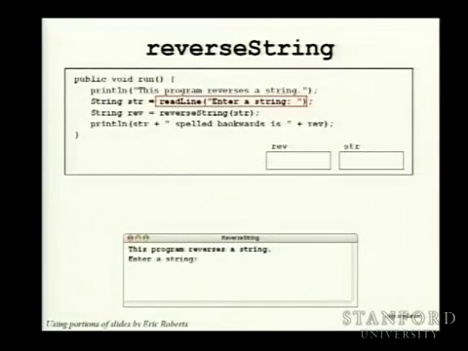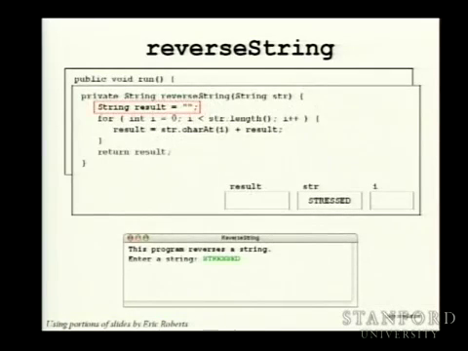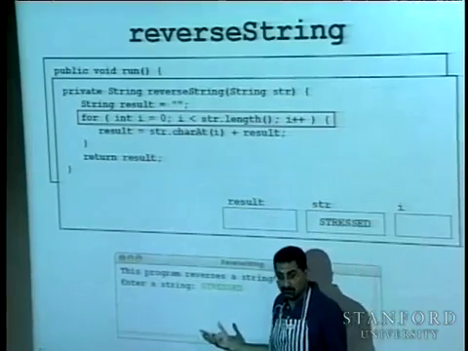So we ask to enter a string. We're going to enter "stressed," because I think at week 4 of the quarter, by the end of it, most people are feeling a little stressed. And so we're going to call reverseString, and reverseString comes over here doing this funkiness that we just talked about, right? It starts off with some result, which is the empty string, and it's going to count through every character in our original string, but it's going to do it in a way so that by adding the characters one by one from the beginning, it's going to actually append to the front instead of the back,